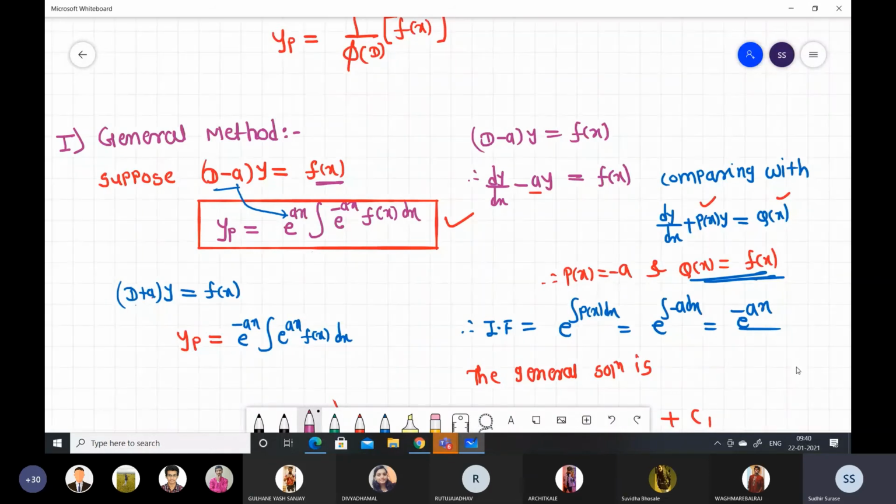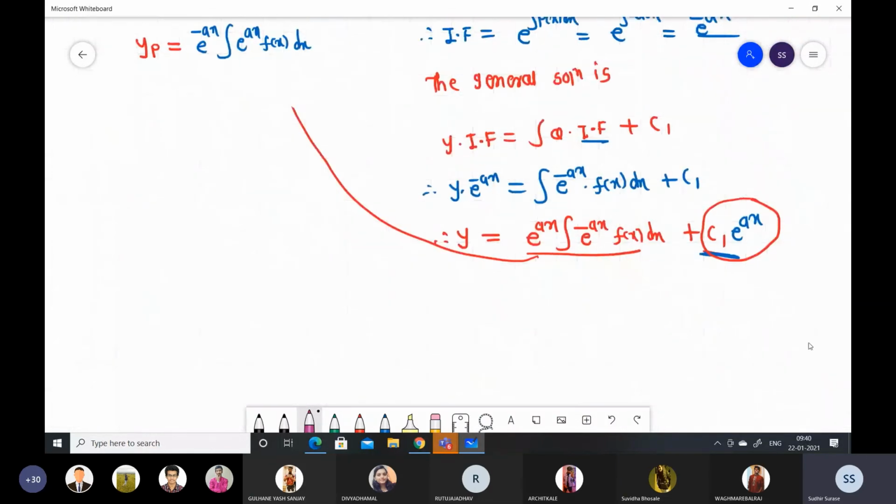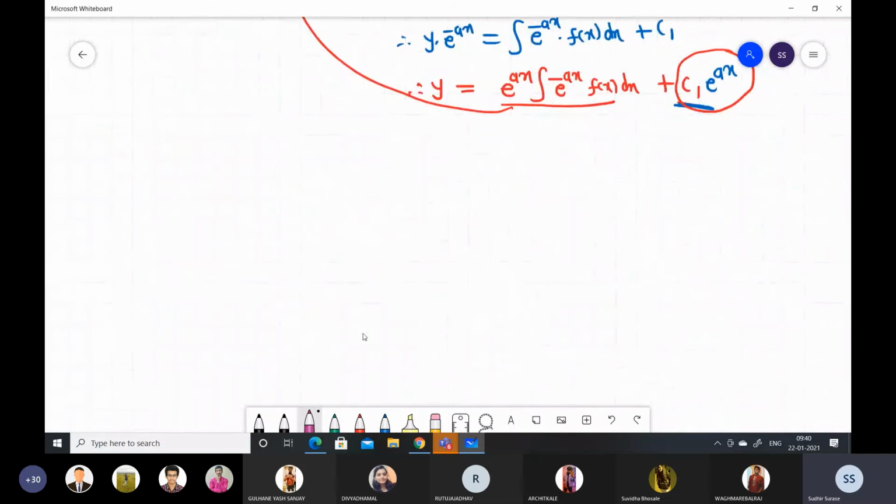Now, okay, this is fine. If we have one factor, then we can do this, but what about if we have a higher order differential equation, right? So we want to study it. So the second case is that if you want to solve d minus a, d minus b times y is equal to f of x. Now in this case, what will be the formula that we want to study?